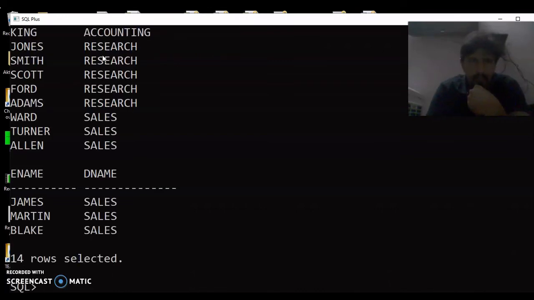Here we can see that 14 rows are selected. How it worked: whatever department number exists in the employee table also exists in the departments table. When the records are matched, it only shows the matched records. Otherwise, in the employees table there are 15 records. There is one more record, employee name Jatin, whose record is not shown because he is not in any department. Let us see. Select star from EMP.